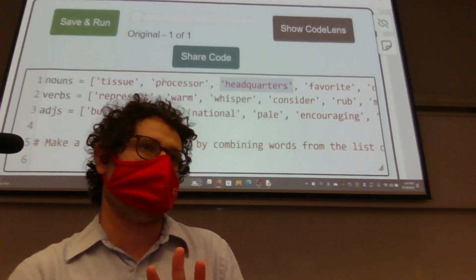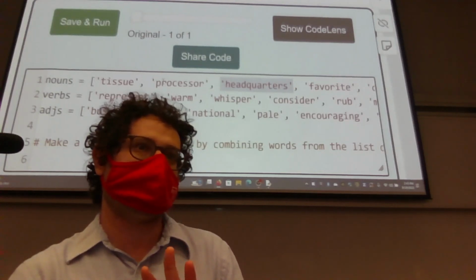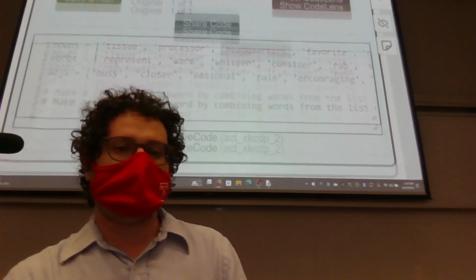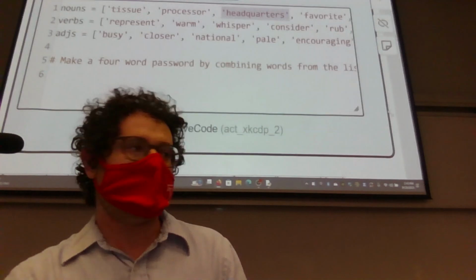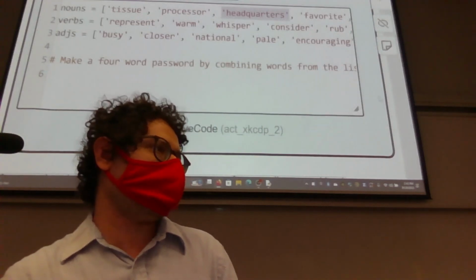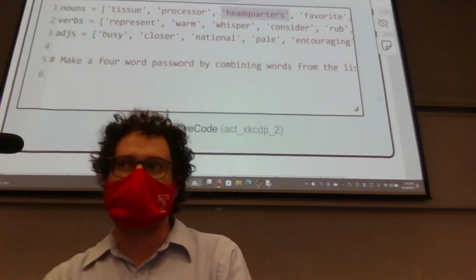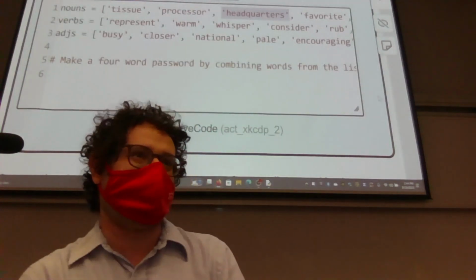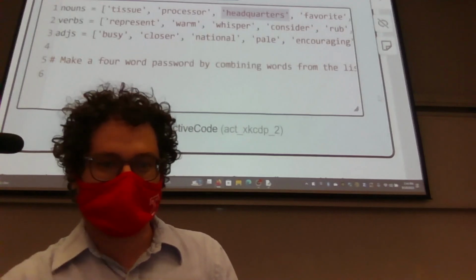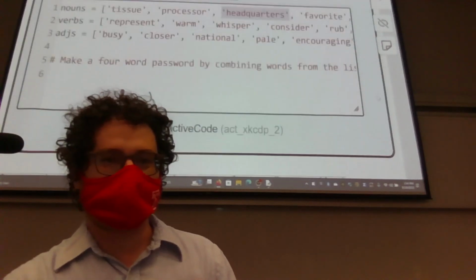It's one variable that holds a lot of stuff in it. Okay? So now we want to make a 4-word password by combining the lists above and selecting things from them. So go ahead and take a stab at it. It shouldn't be too bad now that we've kind of got a pattern worked out, okay?